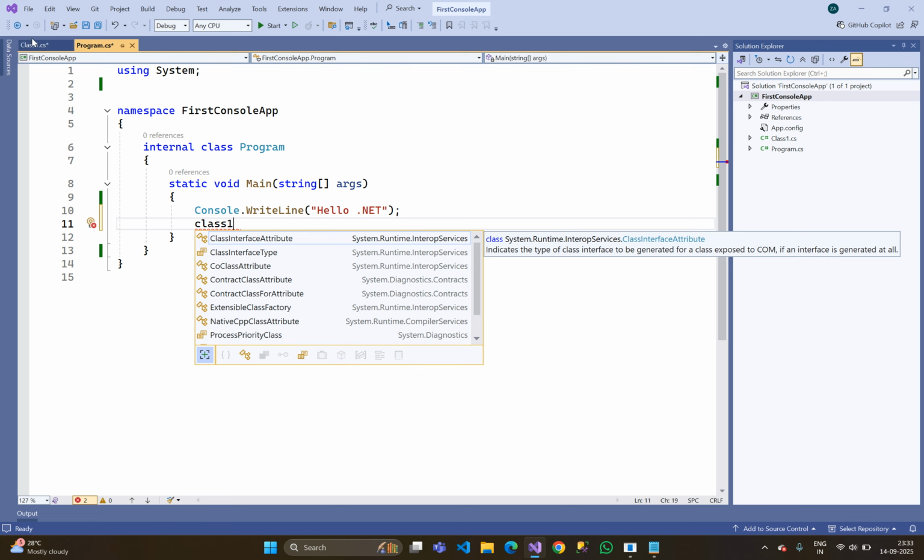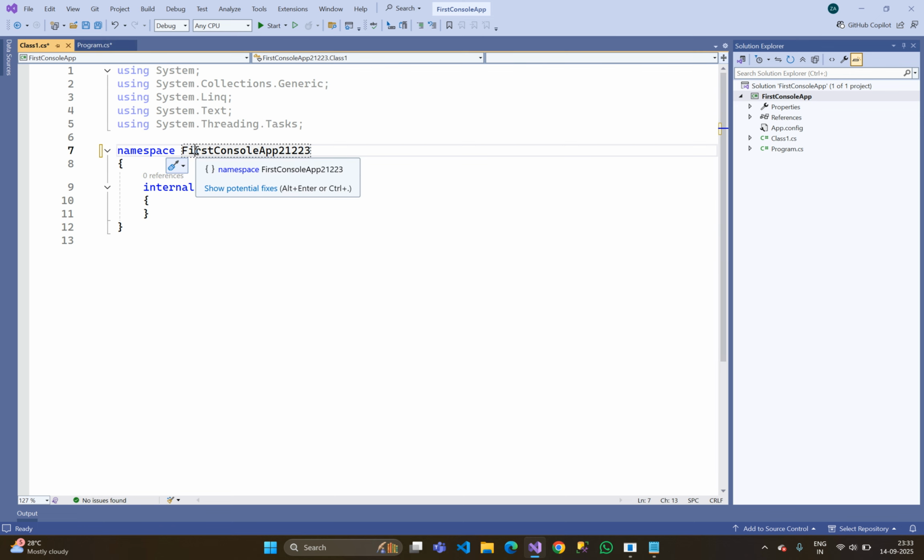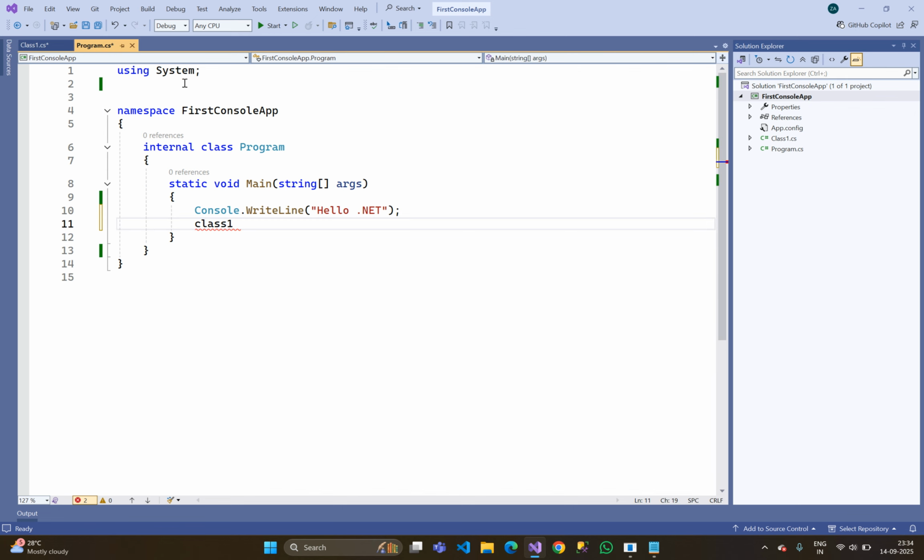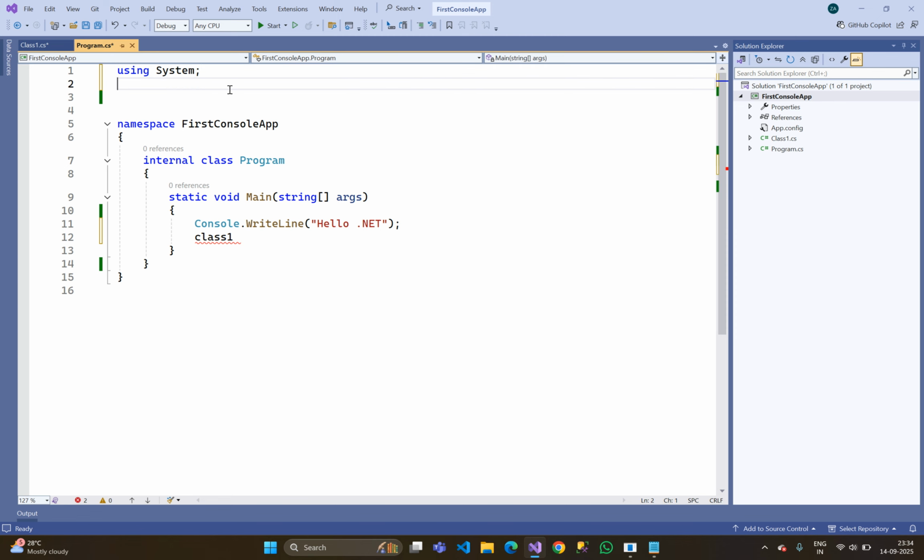Okay, Class1 is not available here. Where I have included this namespace here using namespace here, then we are able to use the